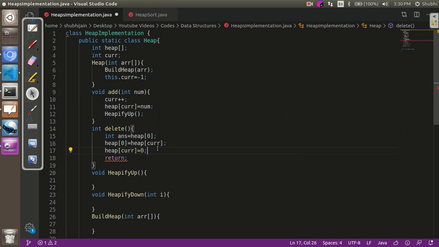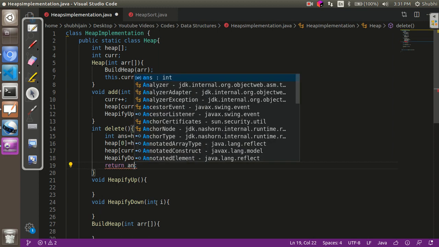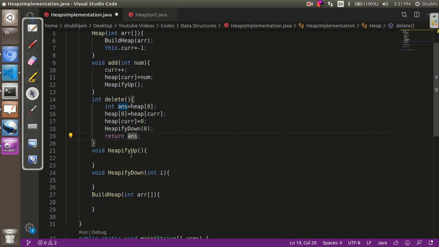We are placing 0 so that this number gets removed from the last, as we have already placed it at the top. Now as we have placed the number at the top, it might be in the wrong position, so we'll perform heapify down, and we are always placing it at the top, so heapify down will be called from the root node which is present at 0. And over here we'll return our answer, which has the value of the root node which is being deleted.